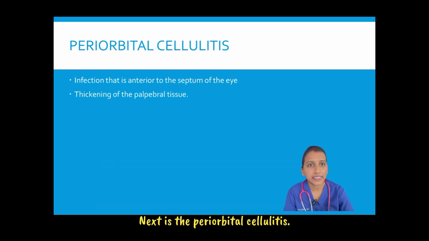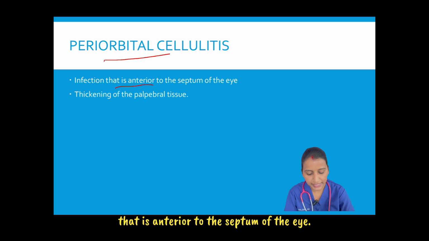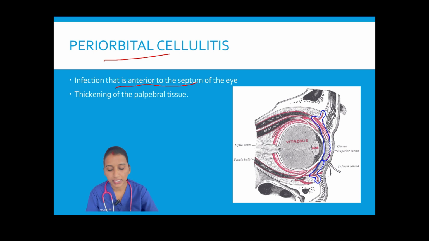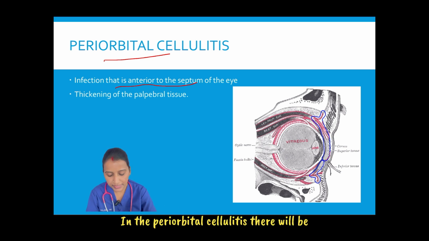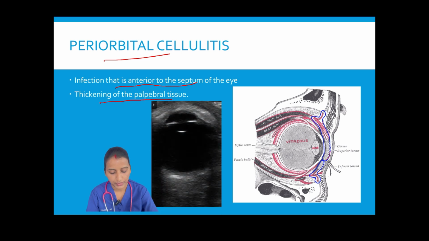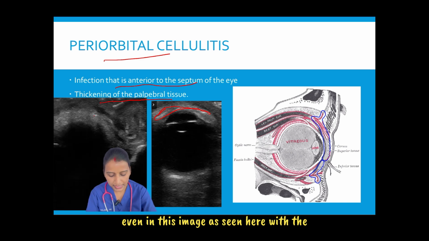Next is periorbital cellulitis. Periorbital cellulitis is the infection that is anterior to the septum of the eye. The blue line here indicates the orbital septum. In periorbital cellulitis, there will be thickening of the palpebral tissue, as seen in this image. Here anteriorly there is thickening of the palpebral tissue, even in this image, with the collection seen